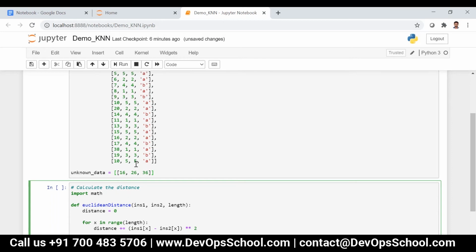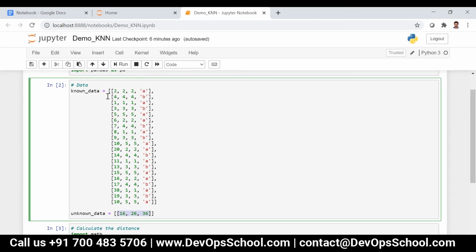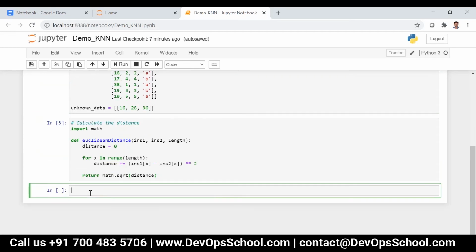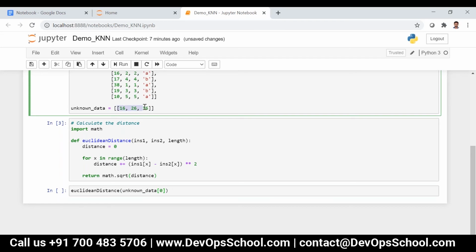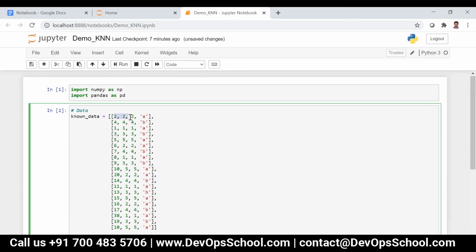For example, consider I have some data points over here. If I want to find the distance between this data point and this data point, I can just write Euclidean distance of unknown data of 0, that's this particular list, and then known data of 0 colon 3. 0 colon 3 means 0, 1, 2.